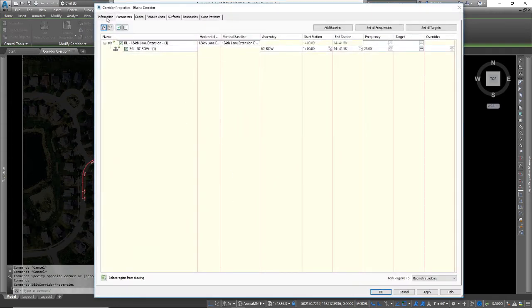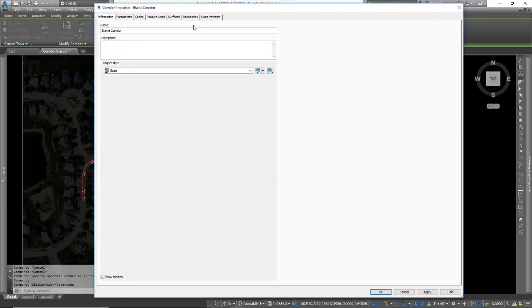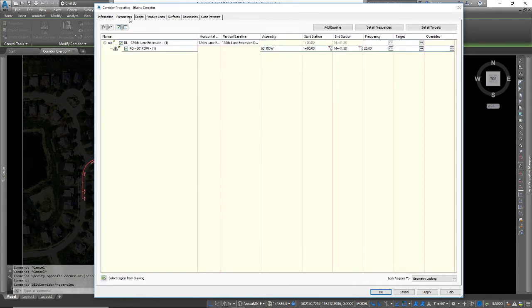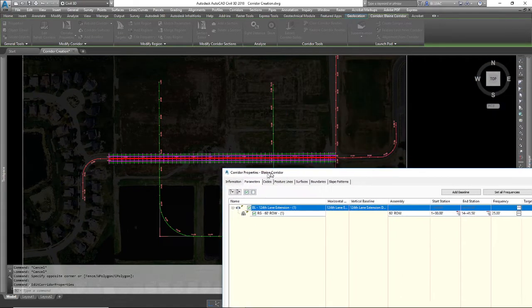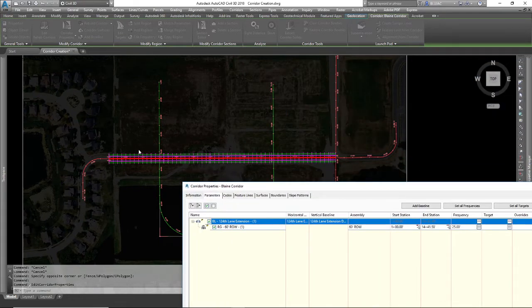And again, here are a lot of the properties that are linked to this corridor. I'm concerned with the parameters tab. So go ahead and activate your corridor properties and then select the parameters tab. And here I see my one baseline. So this alignment is my baseline, and then there is one region